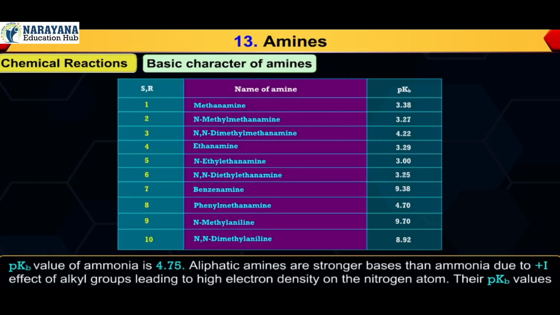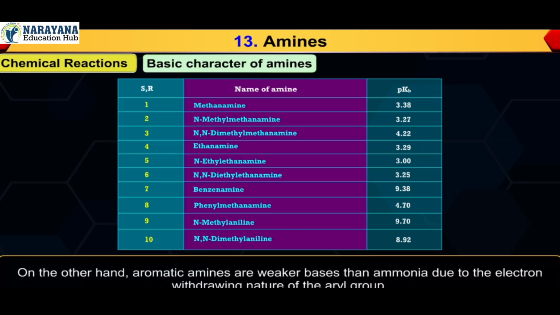The pKb value of ammonia is 4.75. Aliphatic amines are stronger bases than ammonia due to the +I effect of alkyl groups, leading to high electron density on the nitrogen atom. Their pKb values lie in the range of 3 to 4.22. On the other hand, aromatic amines are weaker bases than ammonia due to the electron withdrawing nature of the aryl